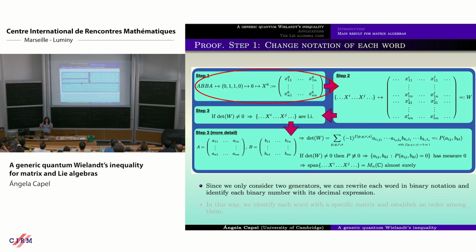So you consider a word, like the one that I'm drawing here, for example, the ABBA, and now, for simplicity, let's assign it some decimal number so that we can really put an order in the words. So if we assign a 0 to A and a 1 to B, then we can write ABBA as 0110, which means that this binary number corresponds to 6 in the decimal case. And this means that this word for us is going to be like x6, for example. This is just to put a certain order, no?